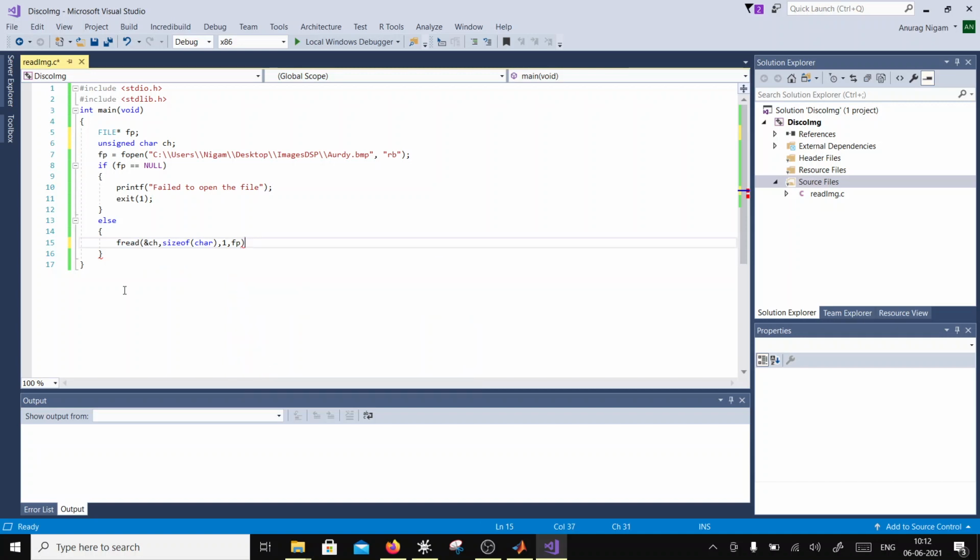Okay, so this is reading the first character, and then I'm going to display the first character.